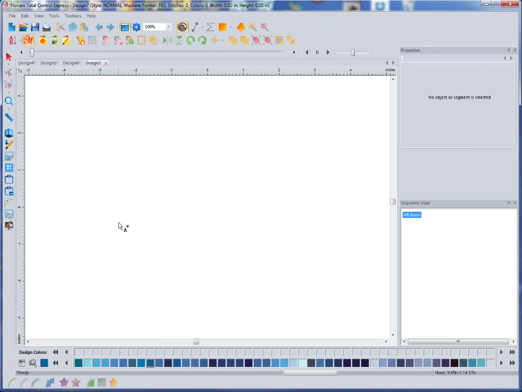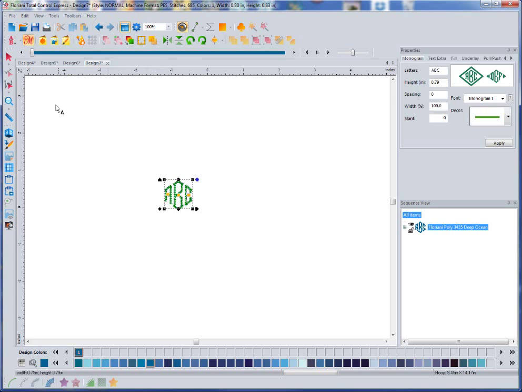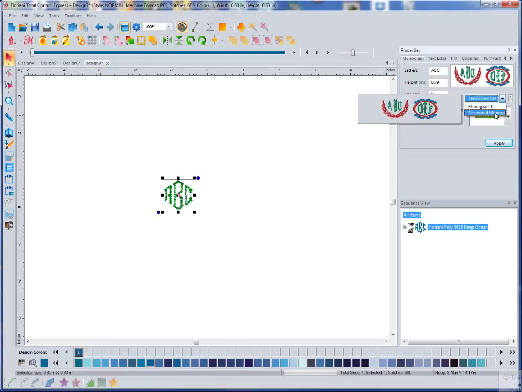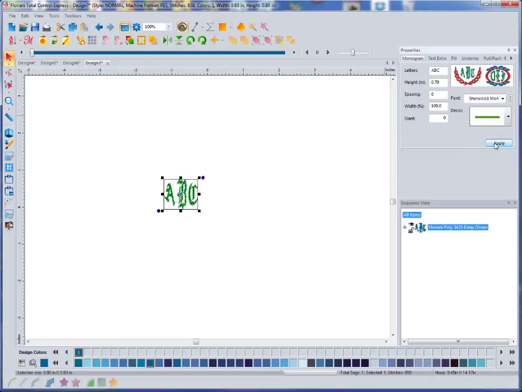I'm going to go to the Monogram Tool, show you that really quick. So I hit the monogram button and then I clicked on the screen. And when I have the letters in here, you have two different monogram fonts you can choose from. You have Monogram 1 and you have a Sherwood monogram. I'm going to select the Sherwood really quick. You can see that the letter height is set at